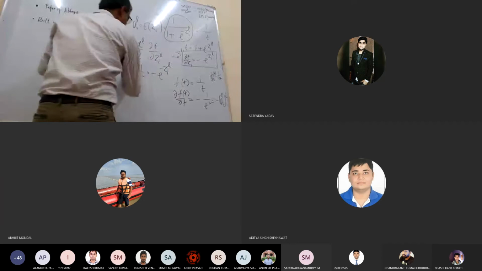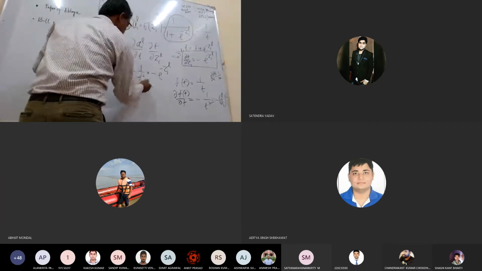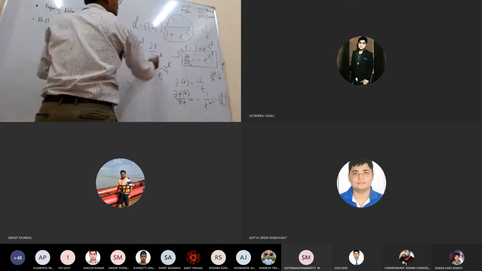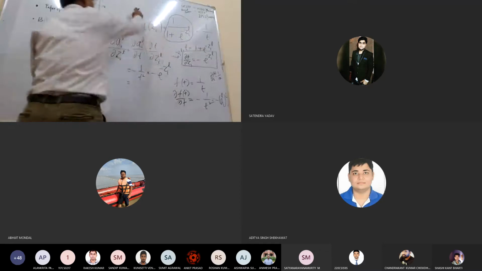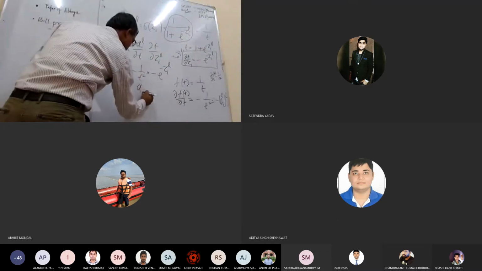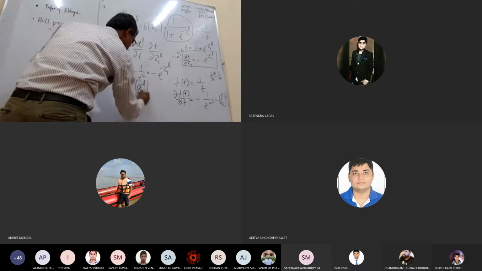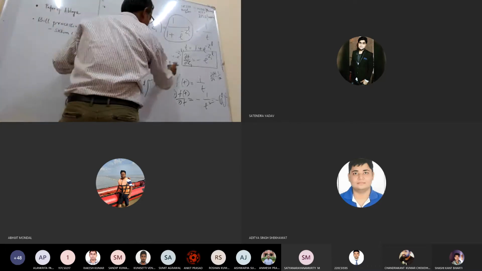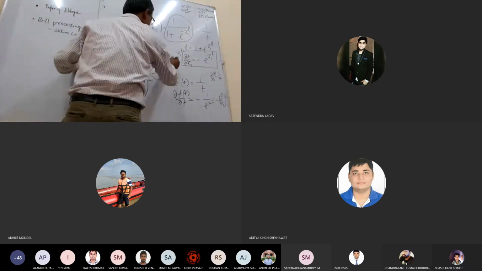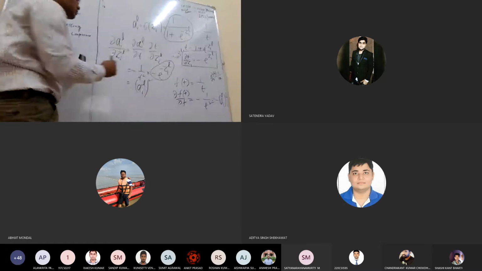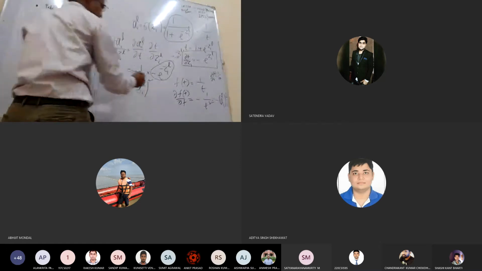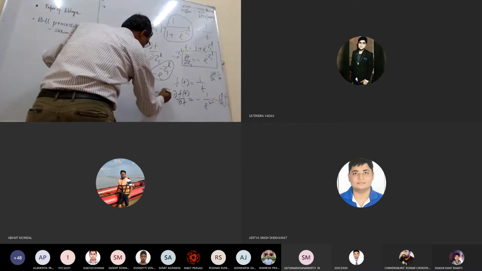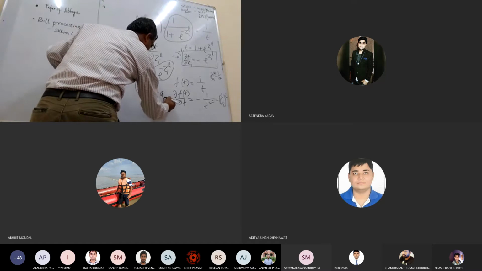Okay. So now what is this? This is minus minus, so they cancel out. 1 by t square is nothing but 1 by t equal to A I L, so we can write A I L square. Okay. And then we have this other part. What is this part? This part can be written as, let's say, you can write 1 by A I L.